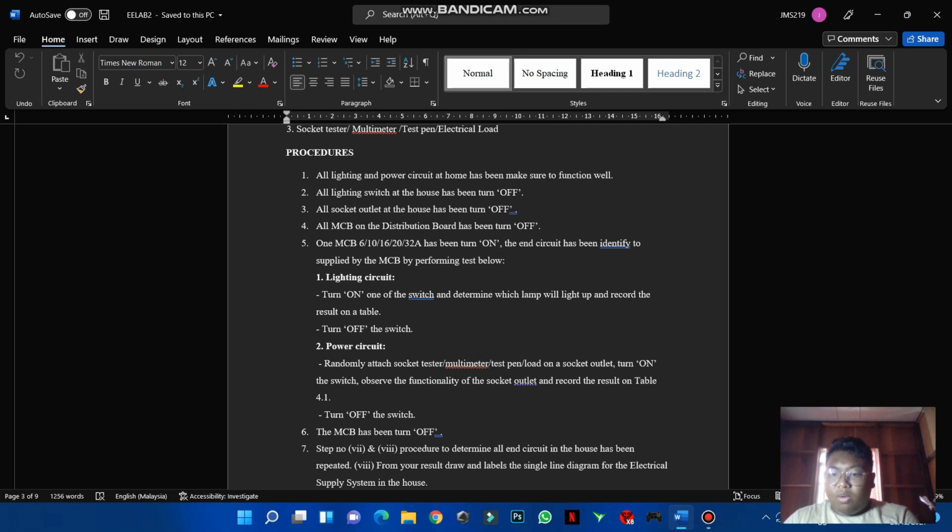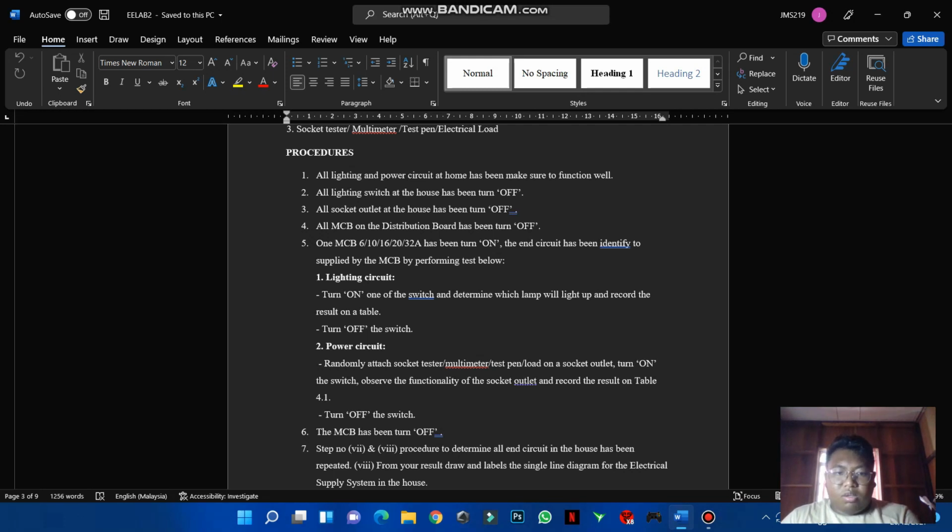For the test below, we have two circuits, which are the lighting circuit and the power circuit. For the lighting circuit, we need to turn on one of the switches and determine which lamp will light up, record the result on a table, and turn off the switch. And for the power circuit, we need to randomly attach a socket tester, multimeter or test pen on a socket outlet, turn on the switch and observe the functionality of the socket outlet, record the results on table 4.1, and turn off